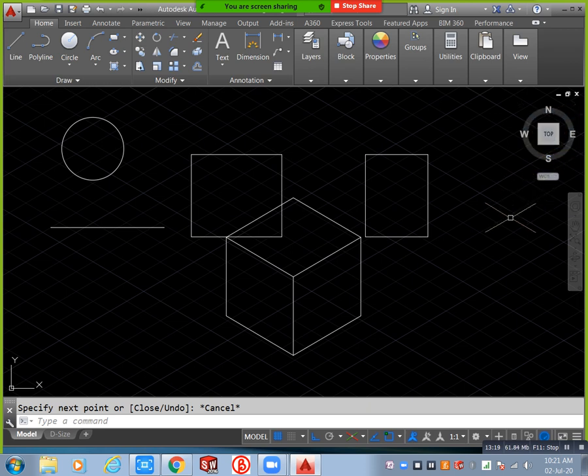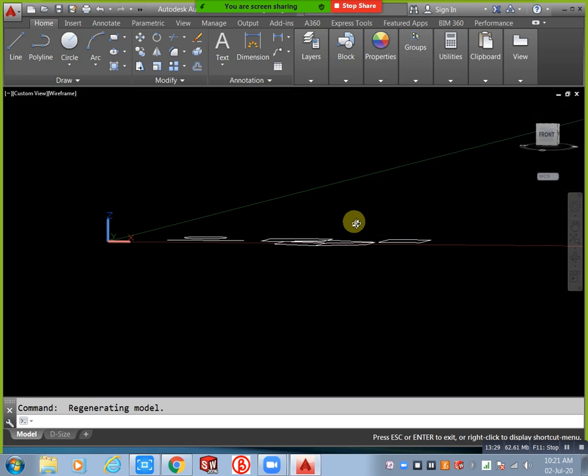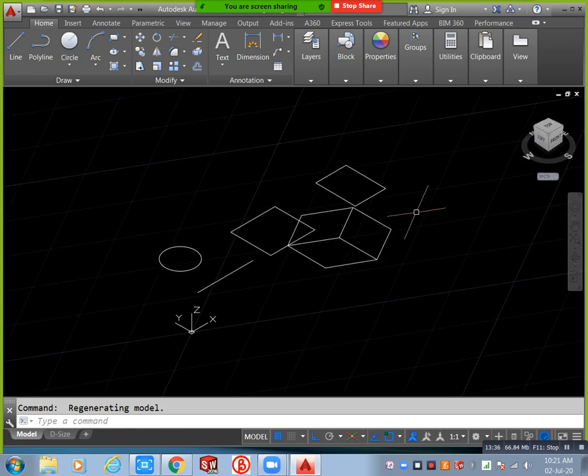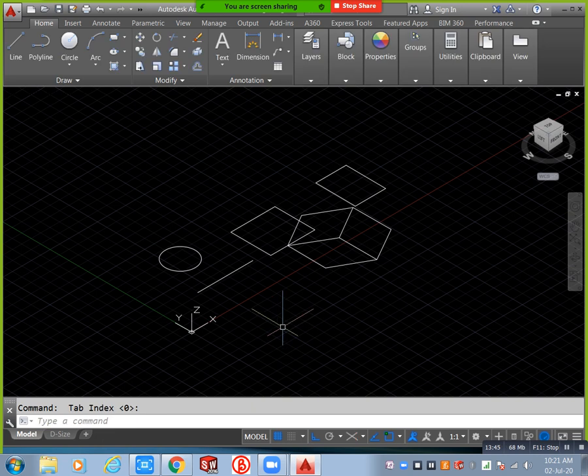Just go to 3D. See, 2D or 3D, that one. Just you can observe we don't have any height, that is completely in the XY plane, but you can see three faces. That is the difference. Okay, again I will go to the normal view, grid settings. You can apply rectangular snap. Then you can see, go to the top view again. Here also visible like this. This is 2D isometric. Now clear, na?